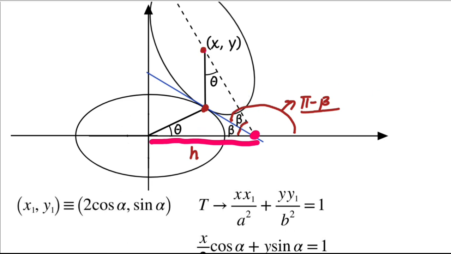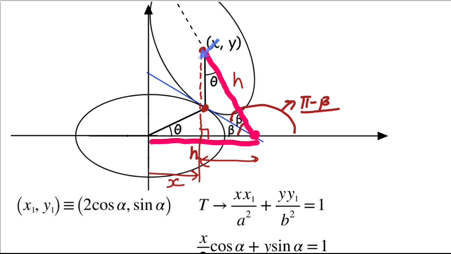Here just using the symmetry we can say if this length is equal to h, this length will also be equal to h, right? And if I drop a perpendicular from this x comma y point on the x axis, right? So this distance is nothing but the x coordinate here, and this x value can be written as h, this whole length h, minus this length, that is the base of this right angle triangle, that will come out to be h cos 2 beta, right? So this will be h cos 2 beta.